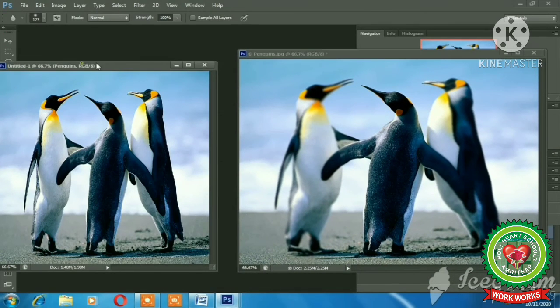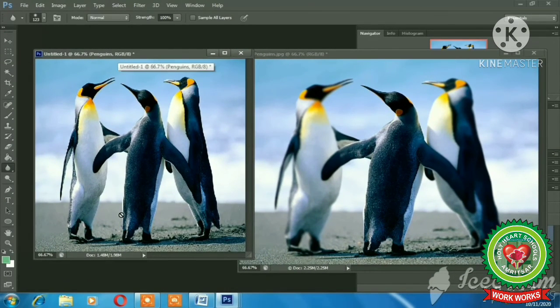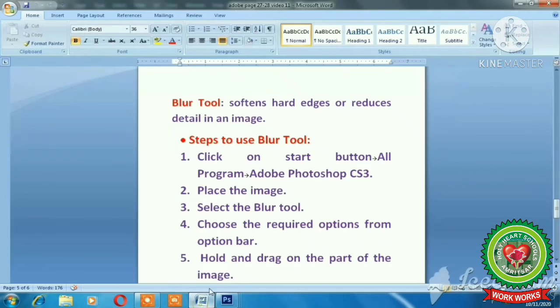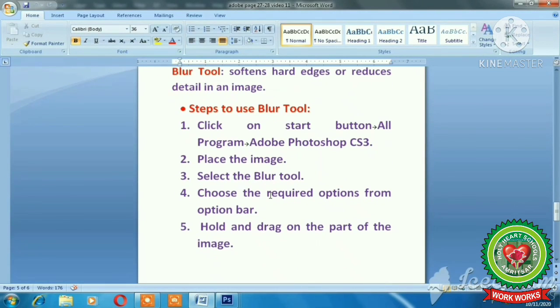Now you can see the changes. This is my original image, and in this image I have given the blurry effect to these two penguins. Clear, students? Now let us discuss its steps.